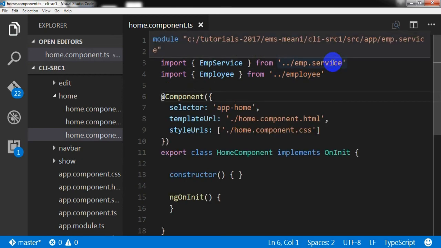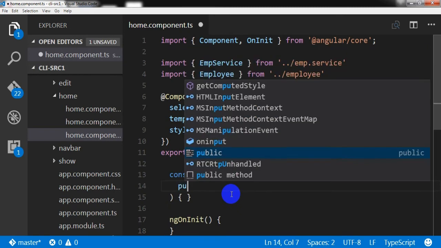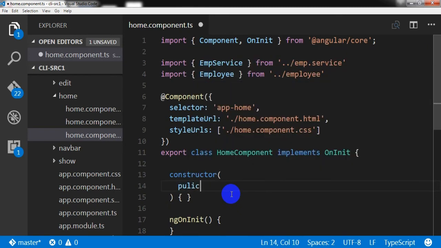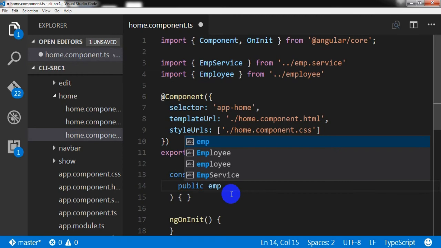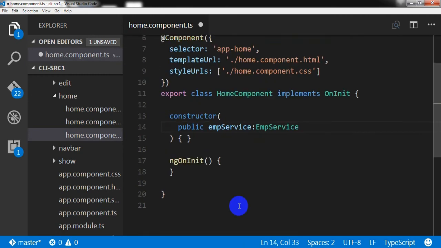Now I need to inject the service into the constructor. So to do that, I'm going to write public empService, and I need to create